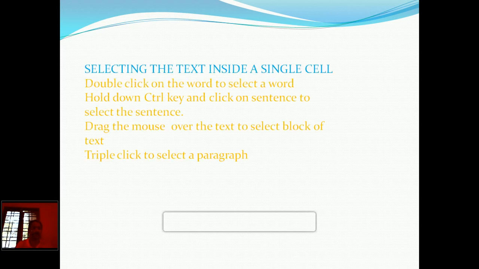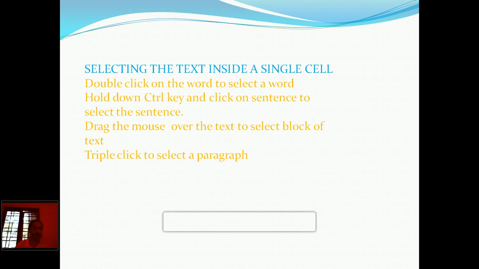Now after entering the data in a cell, you may want to select the text from the cell. Suppose in one cell one word can be there, or many words, even one sentence can be typed in one cell, but the width of the cell will be increased. So you want to select the text entered inside the single cell, and we have different options to select it. If you want to select only a single word from the cell, just move the mouse pointer onto the particular word and double click, so that the word will be selected from the cell.